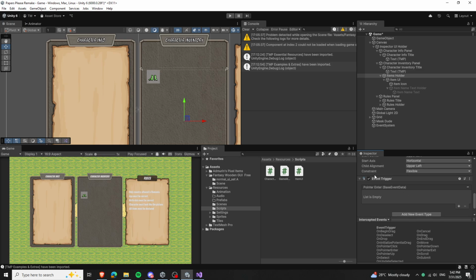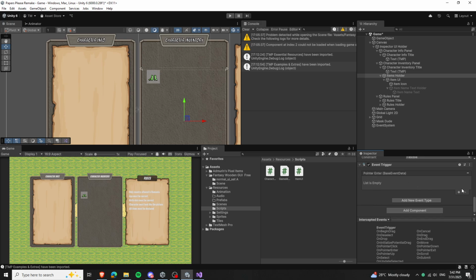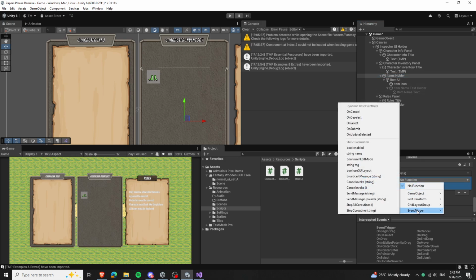I must mention that this Event Trigger component works only with UI. So now we can add the functions for when the mouse enters the UI. So here we'll add this object here, and then the function from the